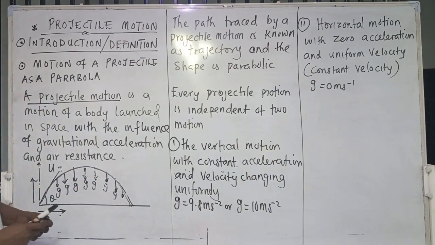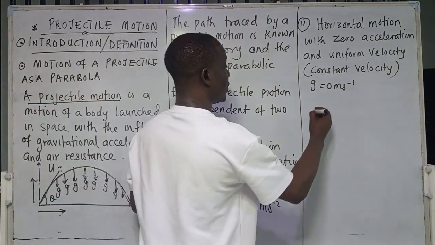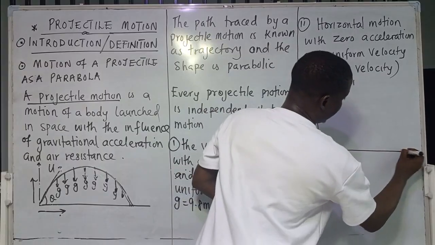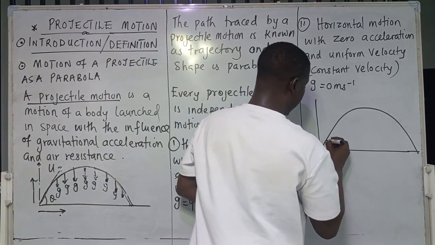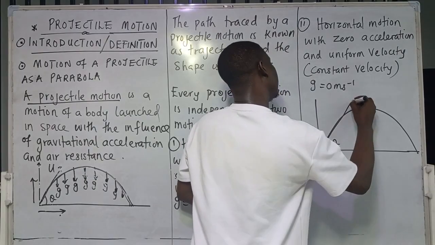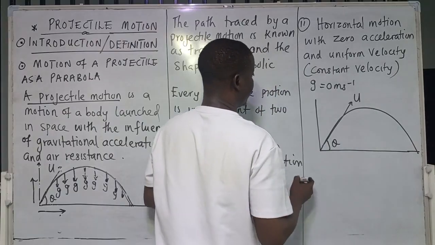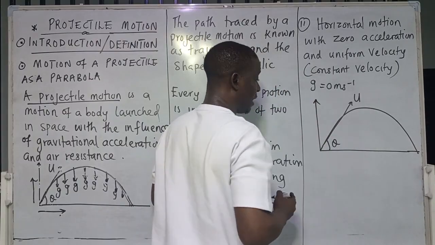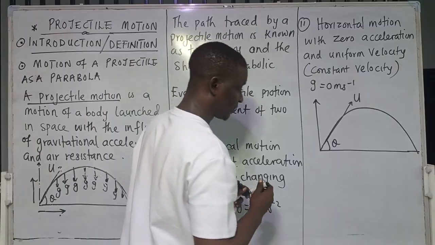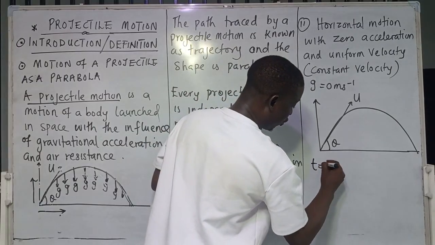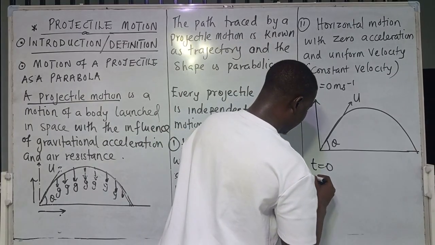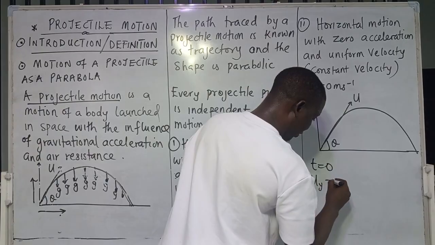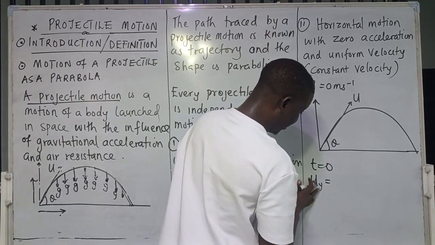Now, we want to look at the motion critically. This is theta, projected at an angle, at a velocity of projection of u. Now, when t is equal to 0, your initial velocity along the vertical, or the velocity along